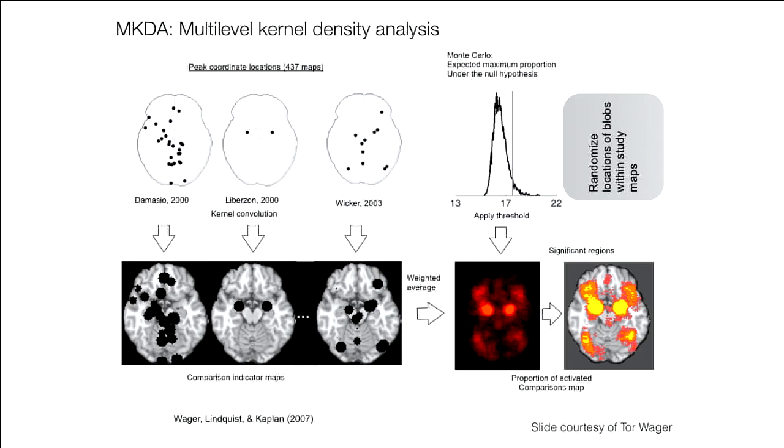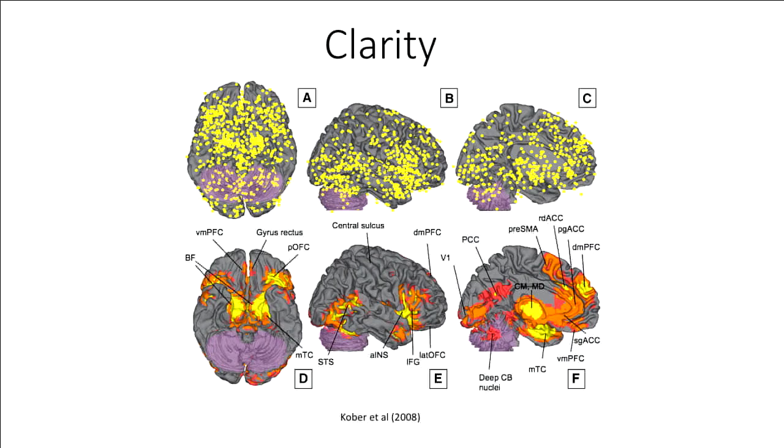Here's your null distribution, and the regions or voxels that show a higher density of effects than you would expect by chance, you will call significant, and you end up with this, right? So using these kinds of methods, you go from something like this, which is very hard to understand and easy to fool yourself into thinking you see some interesting patterns, to this, which is much more orderly and sensible.